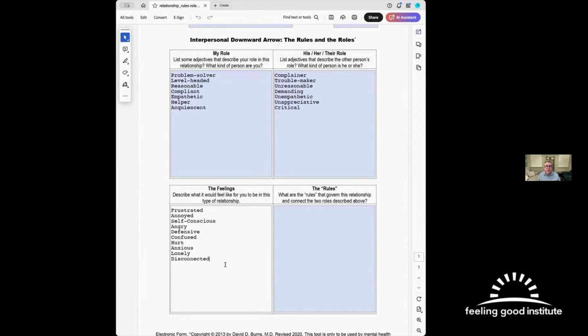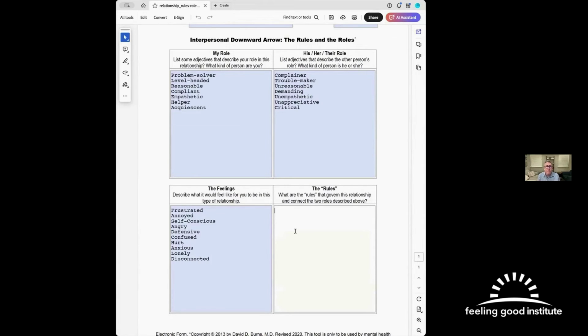Yeah. So I jotted down the feelings as you were listing them for me here. So when you're in these roles with your wife, you're feeling frustrated, annoyed, self-conscious, angry, defensive, confused, hurt, anxious, lonely, and disconnected. And there's a final piece here that we'd like to take a look at, which is, what do you think